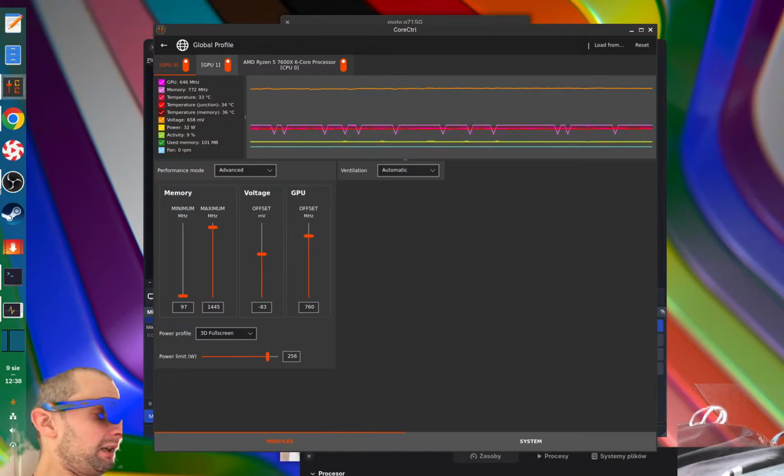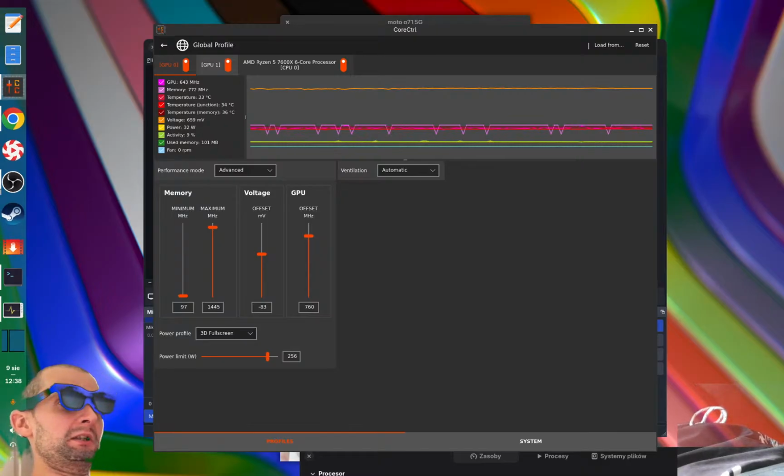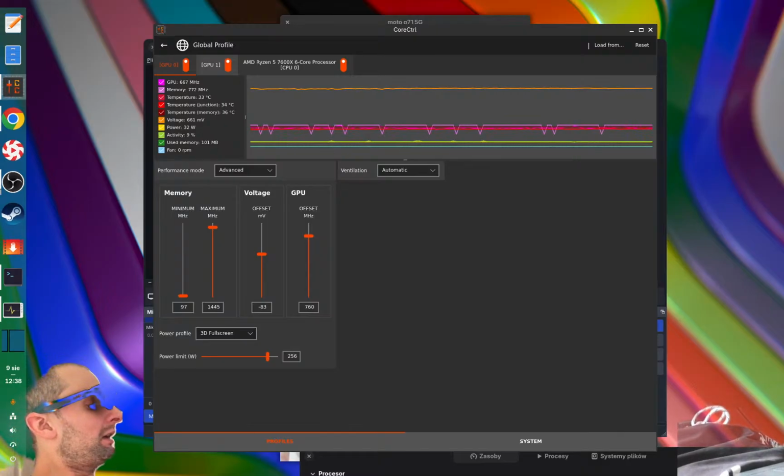I have no cables connected into the dedicated graphics card, and this is more complicated